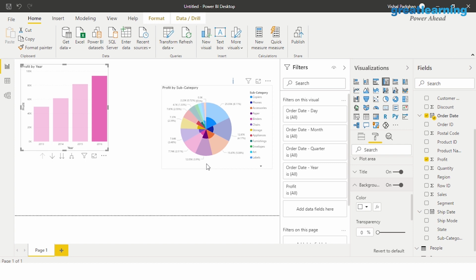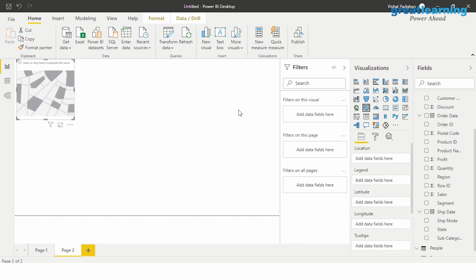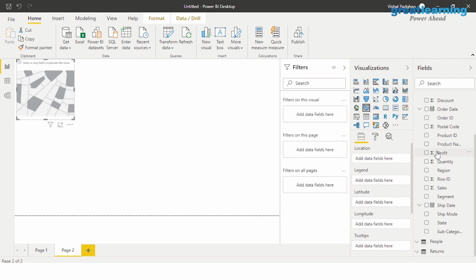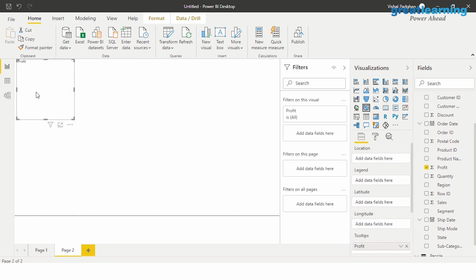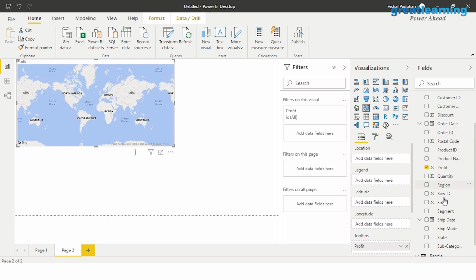So this is how you go ahead and create visualizations in Power BI. Let us come ahead, or in the next page rather, and create other kinds of visualizations that we can think of. So let me just go ahead and use this. This is a geographic graph, and since it is a geographic graph, I'm going to go ahead and put in profit here. So this will take time to load because it's a geographic graph. At times it consumes more time than expected. And let's just talk about profits state-wise.